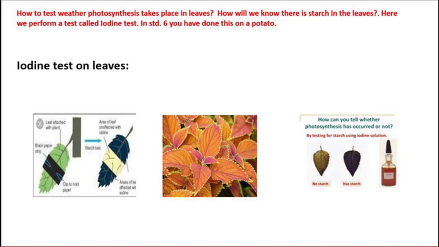Similarly, in this experiment, the plant which was in the dark room does not show the result for the presence of starch. And for the plant which was under the sunlight, when the iodine test is conducted, the leaf changes color. This shows that the presence of sunlight is very important for photosynthesis. I hope you understood. Now I am going to send a link of that particular video. The video shows how the iodine test is conducted on the leaves. So watch the video carefully.